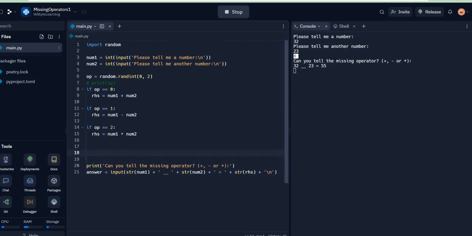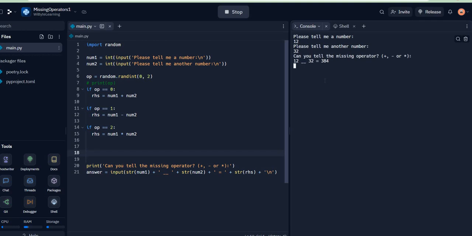We will talk about the syntax of the if statement later. I just want to make a point that we can in fact write this a little bit differently using the if else statement. If you're familiar with that, go ahead and do it. But this will work. Let's just see this working. Now notice when I run this code, it says tell me a number. I say, for example, 12. Next number I say